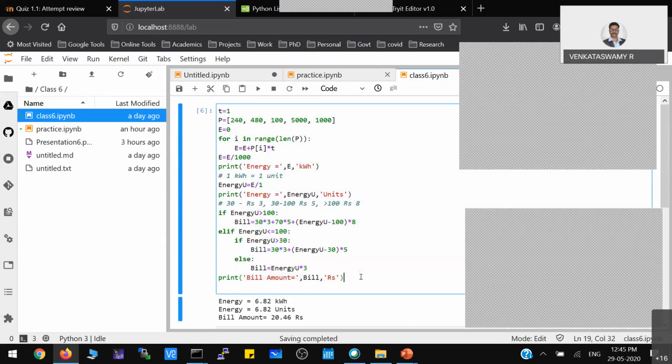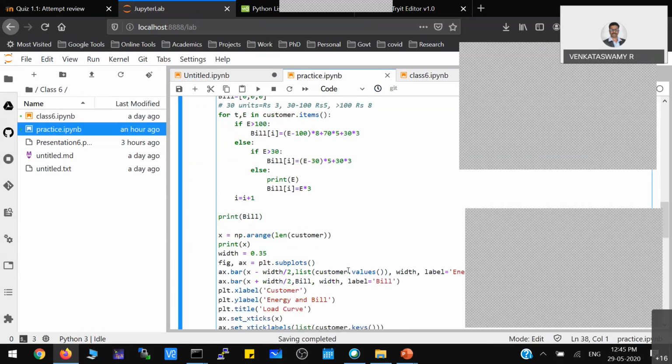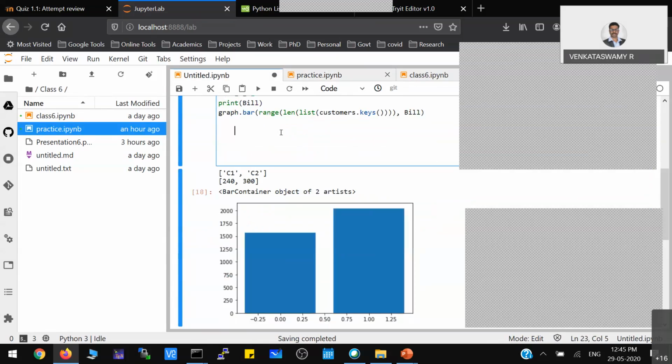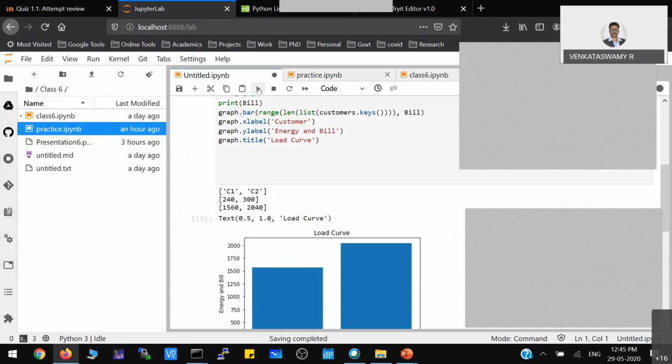I used it in the previous program. You can use the same thing, x label, y label, and all those things. In my case, the object name is graph, so I'm using this.